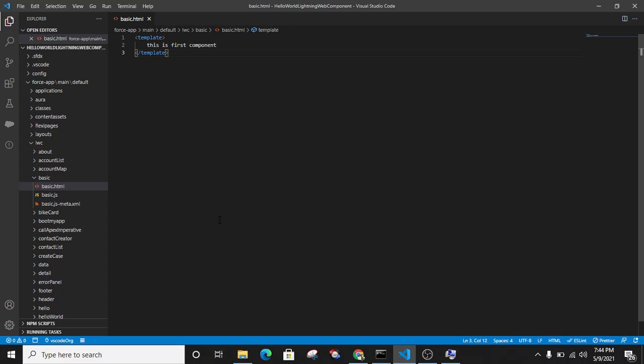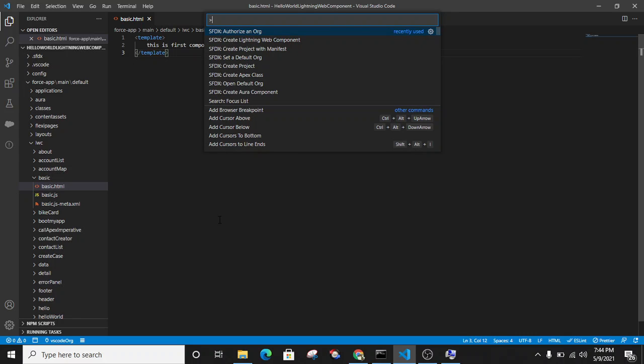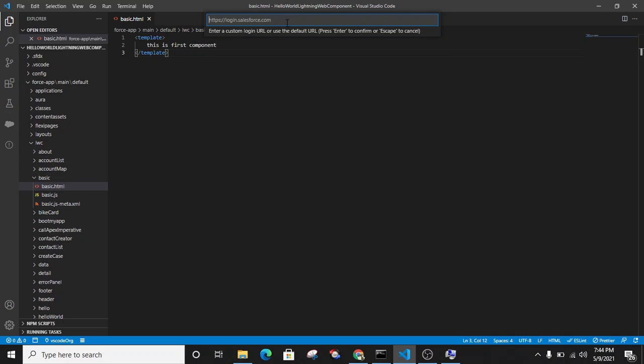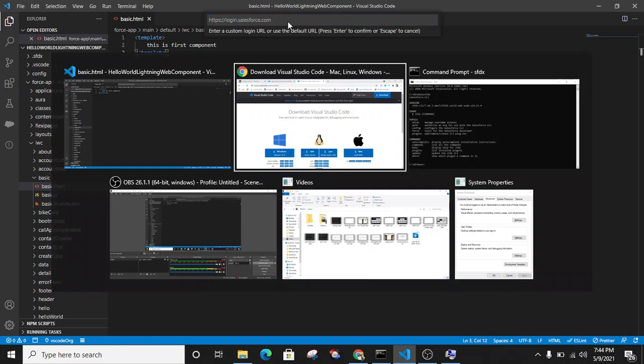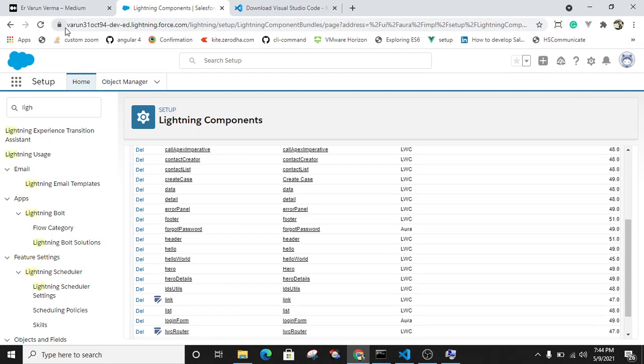So what will happen when you authorize your org? You need to give a URL here, like your org URL.